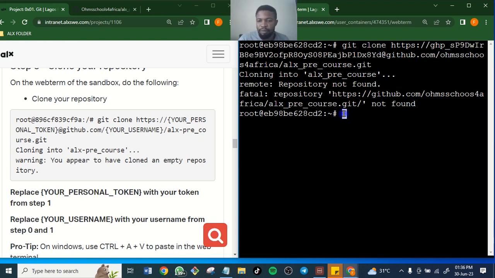Look at it, repository not found. ALX precourse. Let's check, maybe we made a mistake. Okay, there's a mistake. So let me copy this.